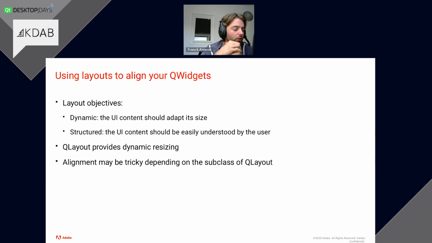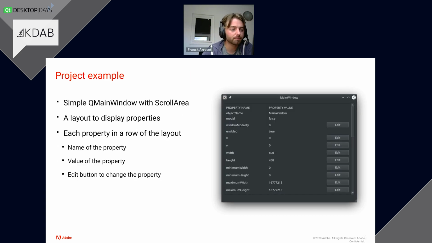How do you structure your view? How do you choose what goes where? How do you align things together? How do you make a nice display out of your views? Okay, so we're going to focus on that, since alignment may be tricky within a layout. In order to achieve that, we tried to come up with a nice, consistent example all along this talk